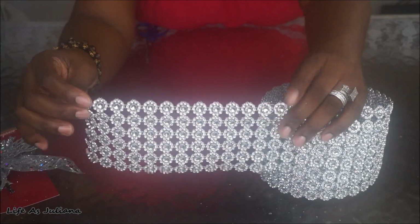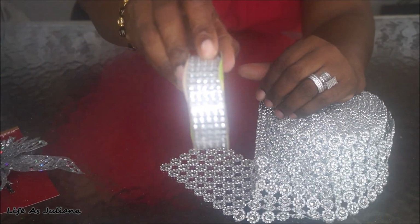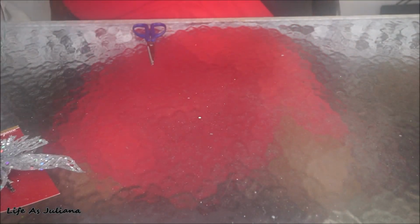So this right here, I found that on Amazon, and then if you don't have that, you could go for the diamond wrap, and that is also in the Dollar Tree. Now this is what I'm going to be using to create the stand or the base